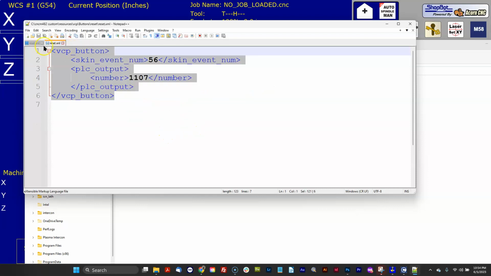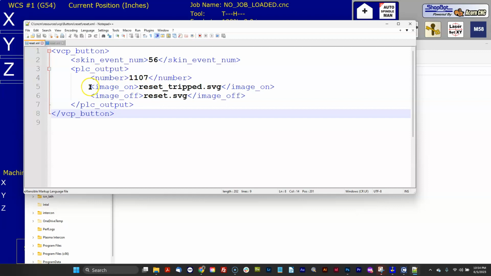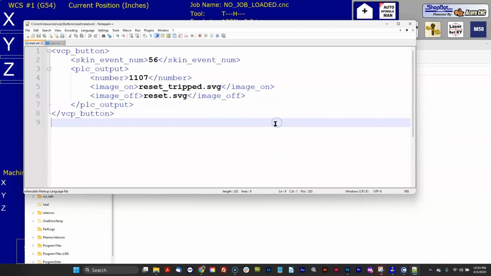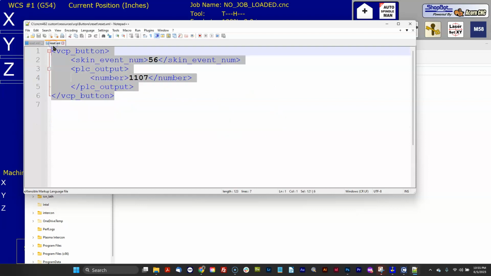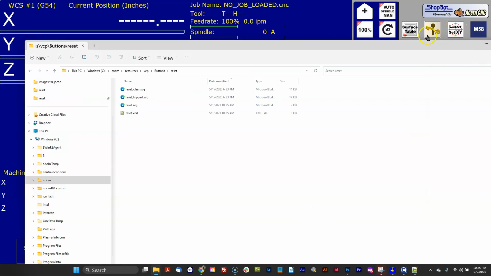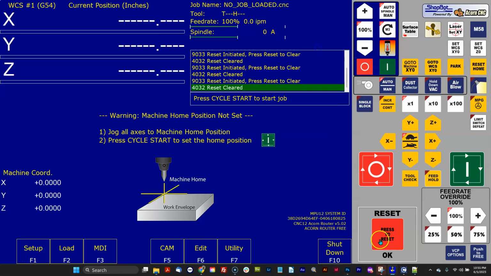So you can see there's a difference. And the difference is these two lines here are now telling the VCP which images to use. This stuff was hard-coded in the old version, and the new version it's not. So that's why you can't simply use your old XML file. You can use your images, but you can't copy that whole folder over like you could with these other individual buttons. So all I did was I copied the images over from the old install,